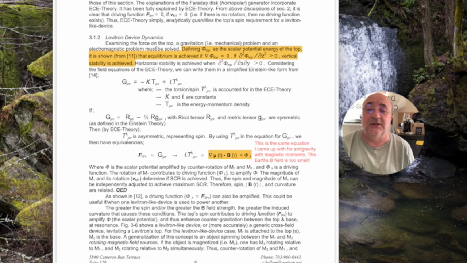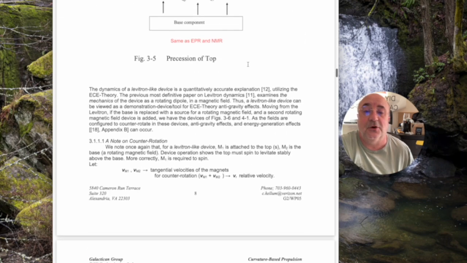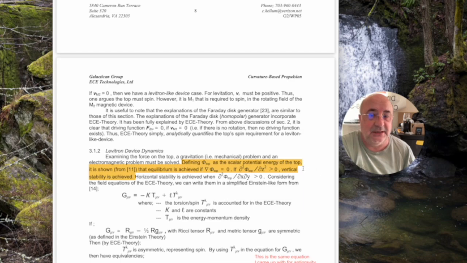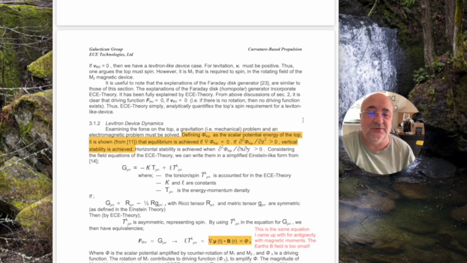So, the levitron device dynamics. Defining phi top, which he marks over here as the potential energy of the spinning top, as the scalar potential energy of the top. Again, he's calling phi potential energy, but it has units of volts in the math. It is shown from 11 that equilibrium is achieved if the gradient in phi top is equal to 0, if the second derivative of phi top with respect to z is greater than 0. And then he says if those conditions are true, vertical stability is achieved. And here are his equations for horizontal